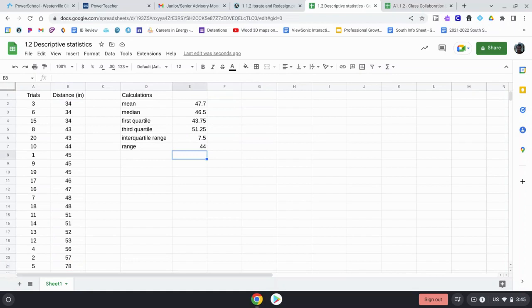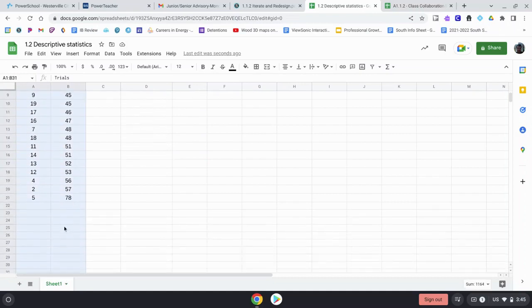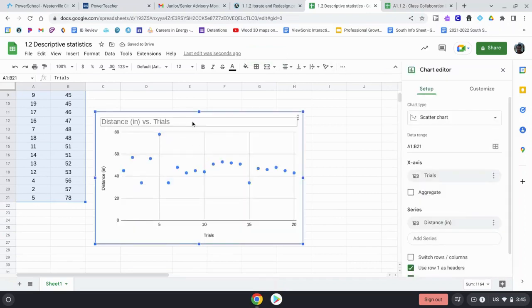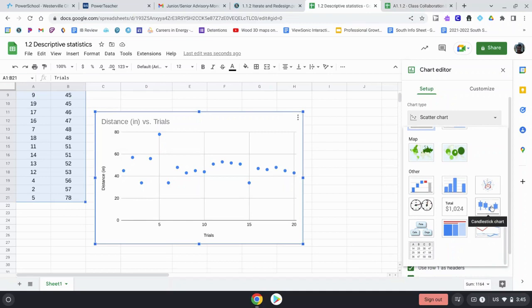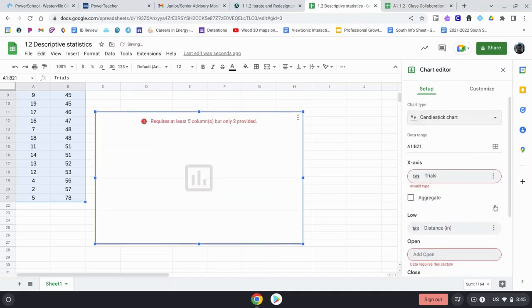Okay, finally, what we are going to do is I am going to highlight my data, so boom, and we are going to remake a candlestick graph. So we're going to see what it looks like. Sometimes it'll just pop right up. So in this case, my dog is barking. All right, so we're going to scroll down to a candlestick. It's usually in other. So if I click on that,